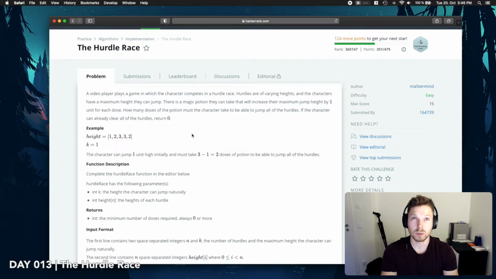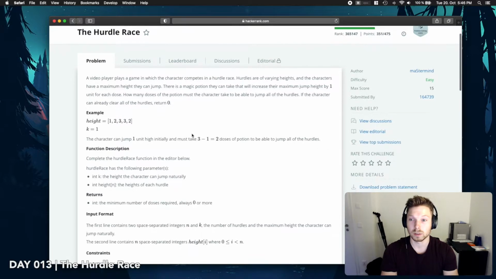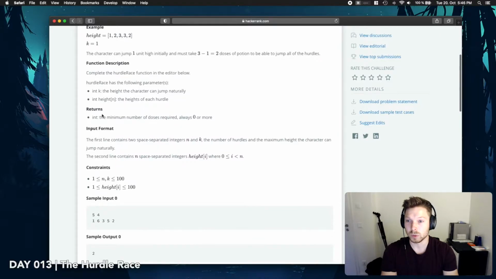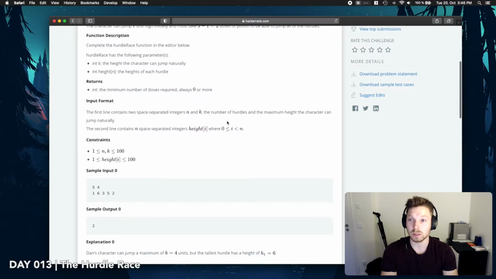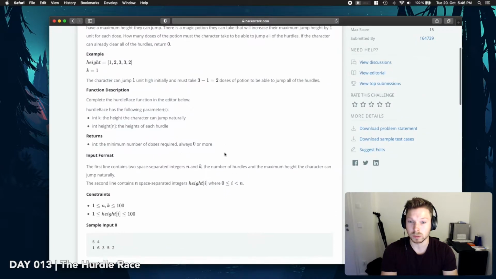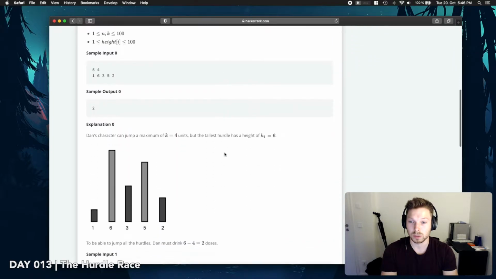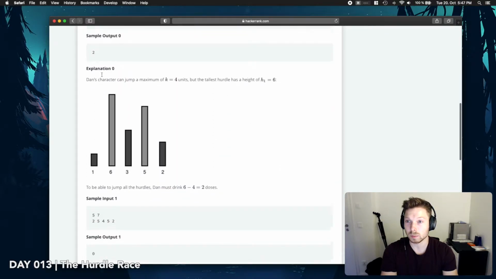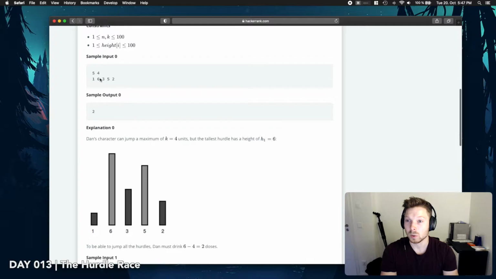Alright, so we're looking for anything that's bigger than the character's height. And then we're returning the minimum number of doses required that he needs, right? Return the minimum number of doses required. Okay. I think if it's an explanation, here we have,